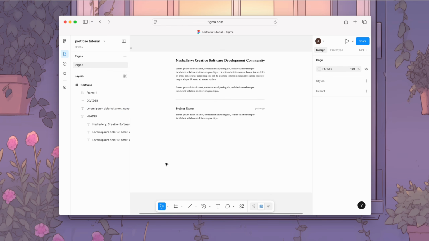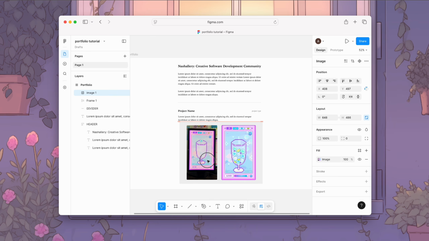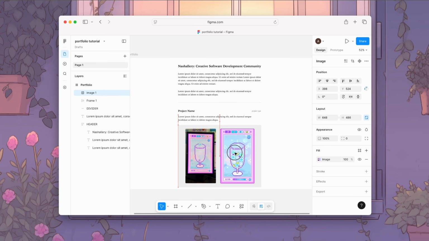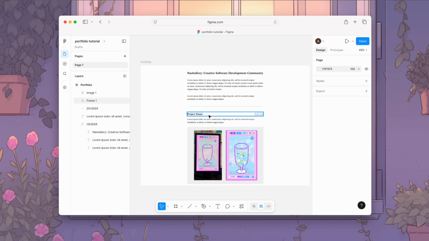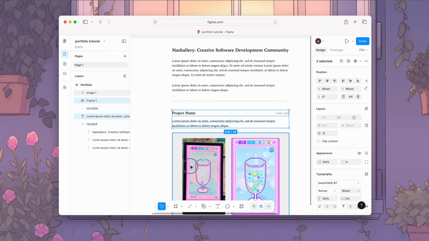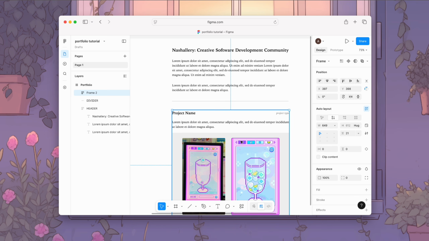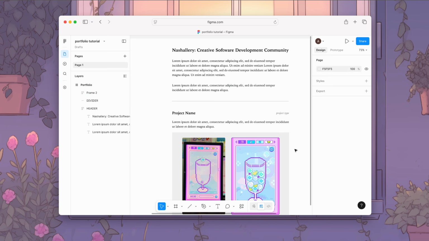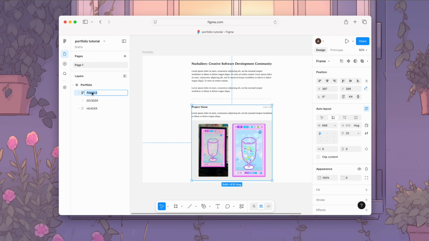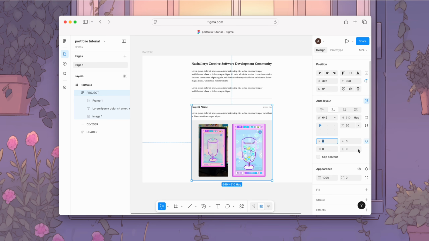There we go. Then I would like to add a little image section that features what my project looks like. Eventually I think I'll make them a video, but for now I'm just going to do a placeholder image of what that might look like. I already prepped that, so I'm just going to go ahead and paste it. So this is kind of what I'm aiming for, so I'm going to select all of these again, right click, and then add auto layout. I'm just going to adjust this number a little bit, and that looks pretty good. So I'm going to rename this to project and then add a little bit more spacing at the bottom,